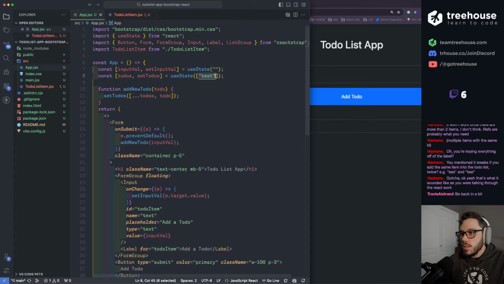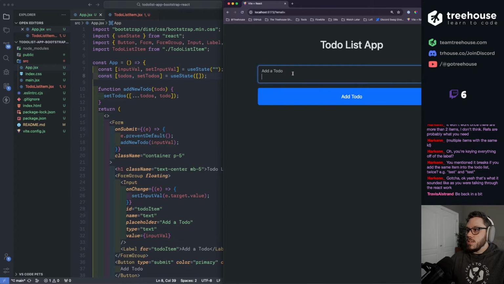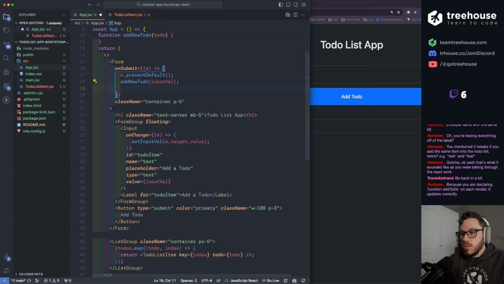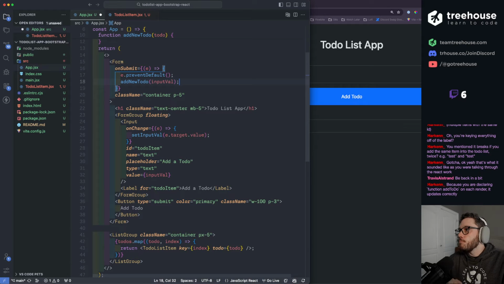So let's remove this from state initially. So this is empty. So we're gonna have to do one. Let's also empty out that input field. So on form submit, let's also, because you are declaring function add to do on each render, it updates correctly. Yeah, it must have been something else that I had built not too long ago, or I must have done it differently because it was just not updating in enough time. But you could see it in the developer tools, in the state, that it was in there, but it wasn't rendering on the page. And it gave me such a headache trying to figure out.